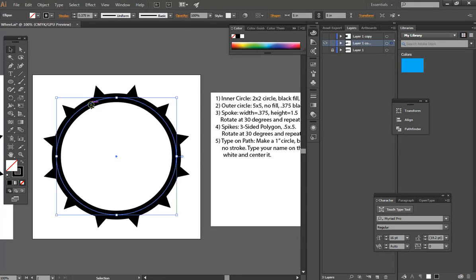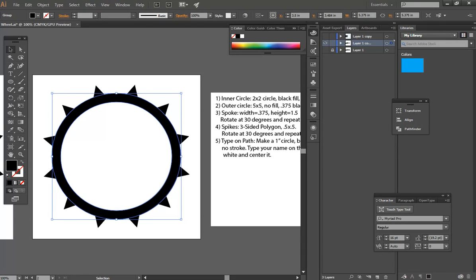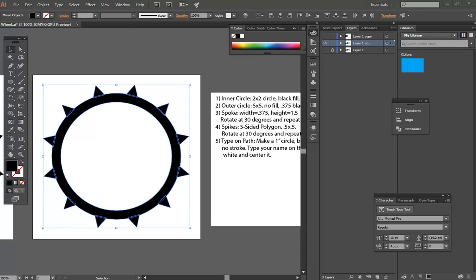Alright, then I'm going to do object expand because I want to make this into just an editable object. So I'll select all and use my shape build. This big